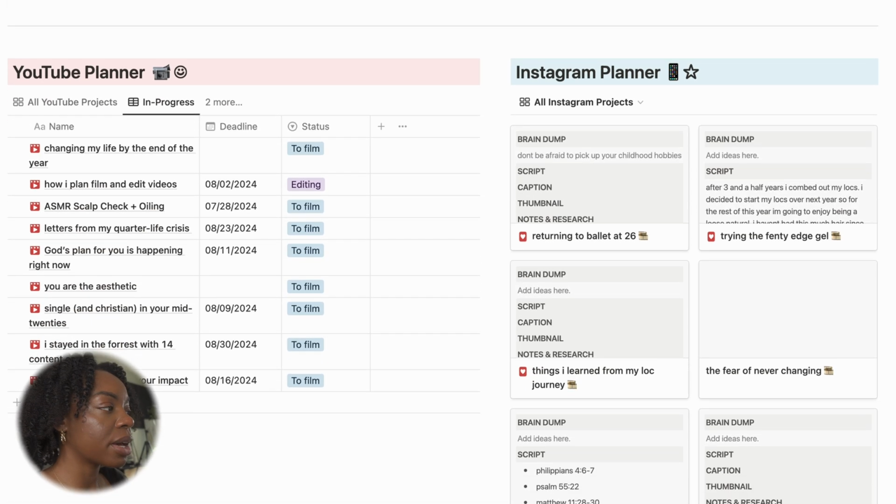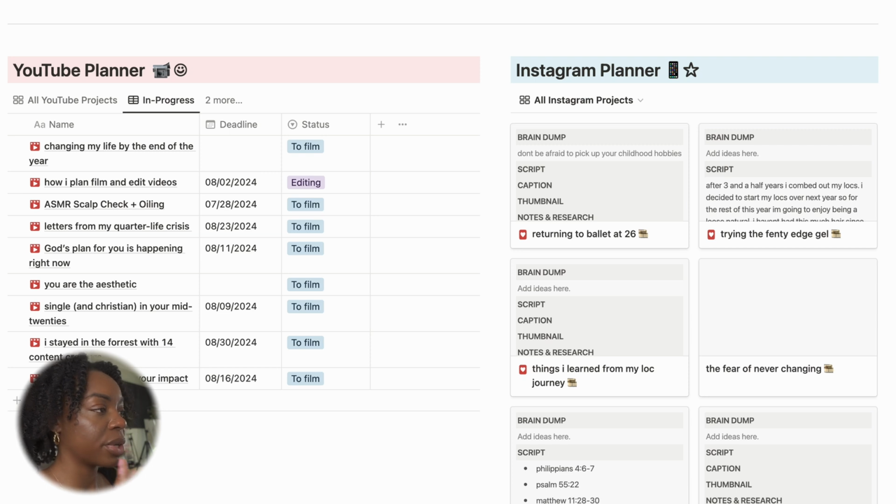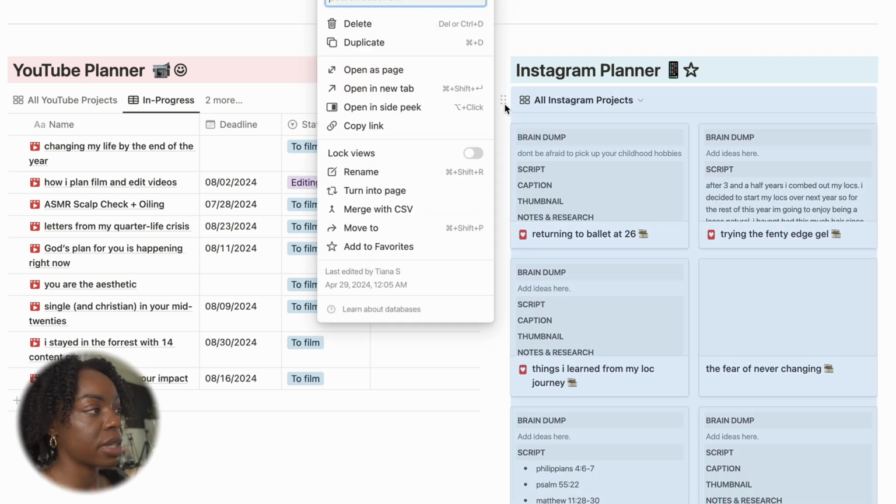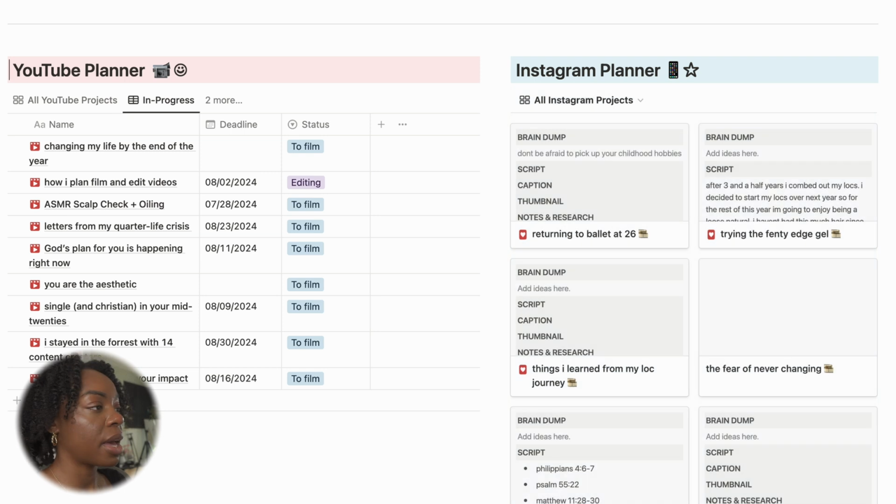When you scroll down under the quick grab section and the master content calendar, you see two separate planners. These two planners are connected to the master content calendar. You can duplicate one of these sections just by clicking this, pressing duplicate and changing it to TikTok, and boom, you have it. So then you'll have YouTube, Instagram, and TikTok. I don't have TikTok anymore because it ruined my attention span.